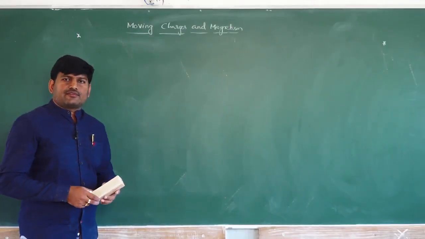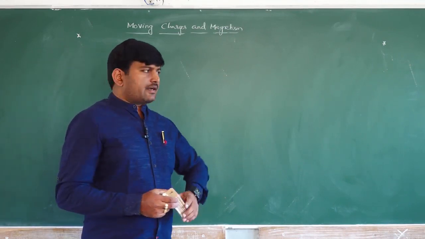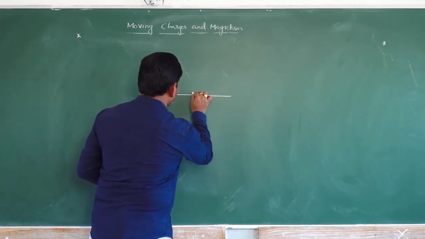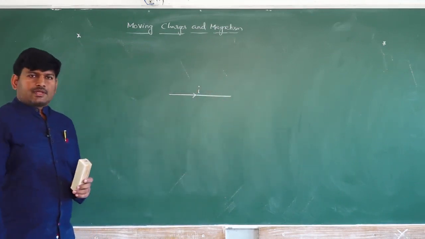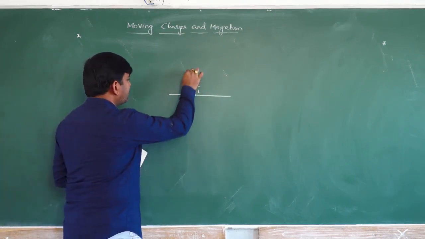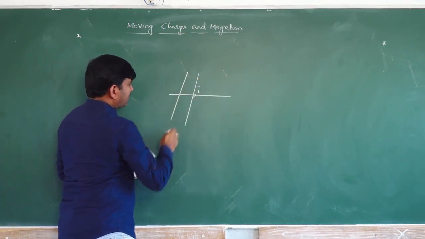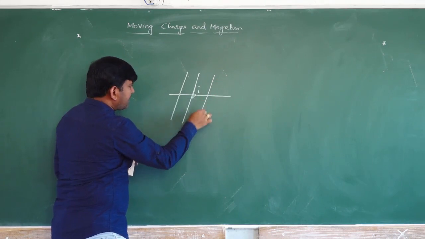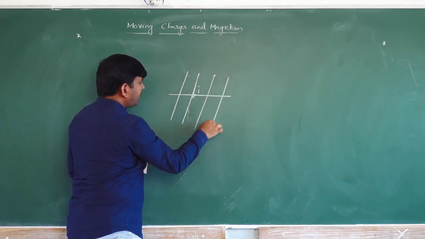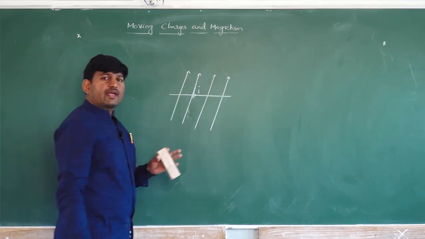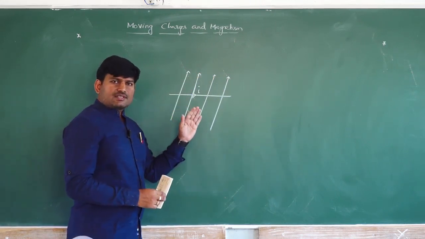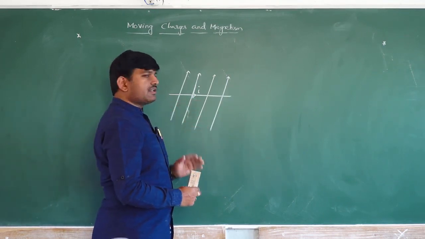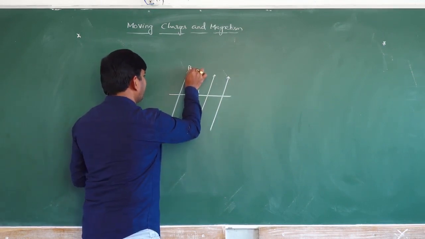The next topic is the force acting on a current carrying conductor placed in a uniform magnetic field. Suppose there is a current carrying conductor carrying a current of I amperes. Now this conductor is placed in a uniform magnetic field. A uniform magnetic field is one whose strength is the same at each and every place and its direction is also invariable. If the direction does not change from point to point